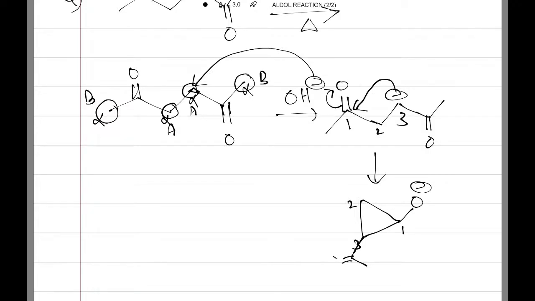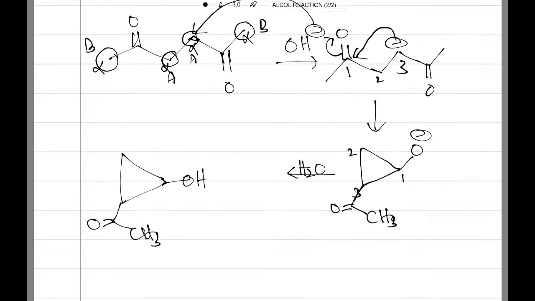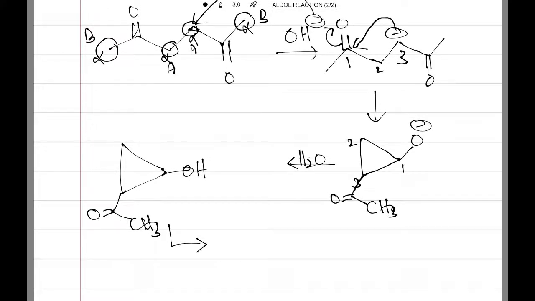C double bond O CH3. Okay. Right. So after adding the water, what can we get here? Our product is this one. This is the OH and this is the C double bond O CH3. So after a small amount of heating, by elimination of a water molecule from this OH and from here the hydrogen,